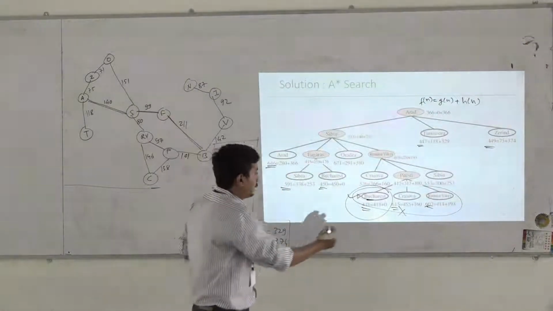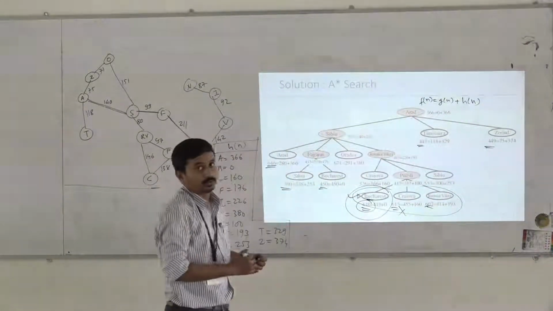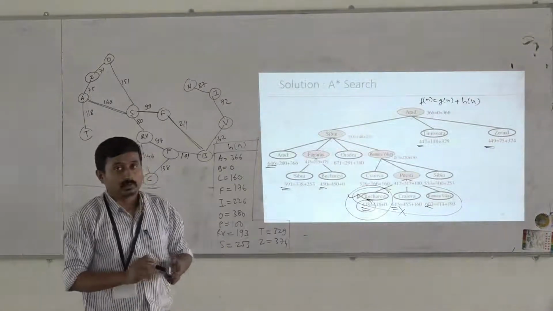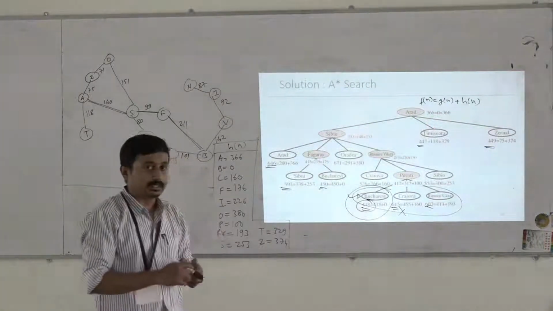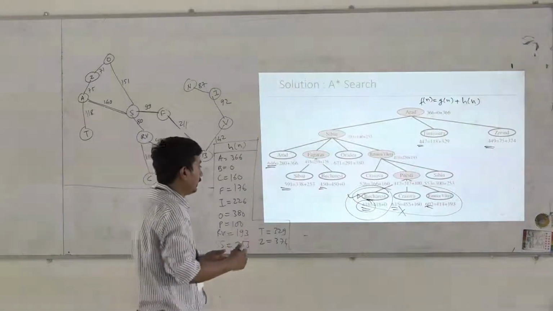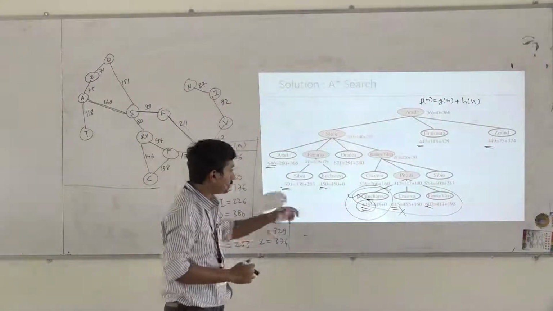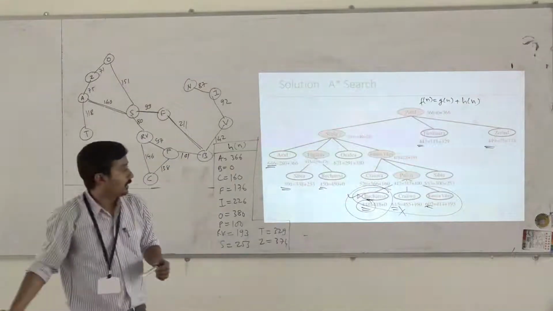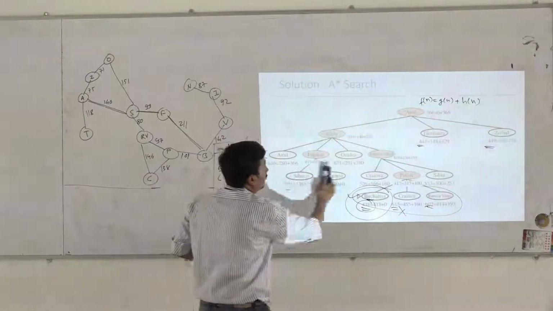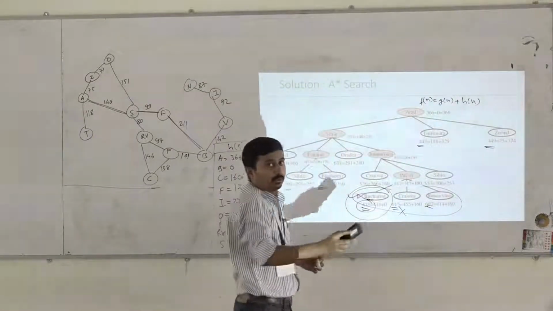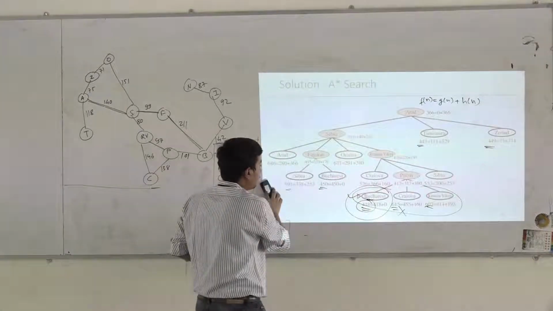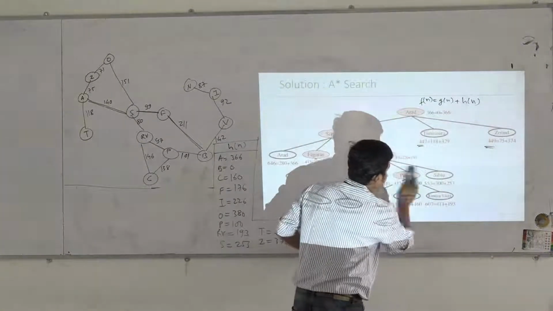As we have seen, this is giving us an optimal solution. So the observation is that the A-star algorithm is optimal, but under certain conditions that we will see in later slides. This is the working of the A-star algorithm. You have to calculate the f of n value of every node and select the node with minimum value of f of n, out of all unexpanded nodes. That's it.